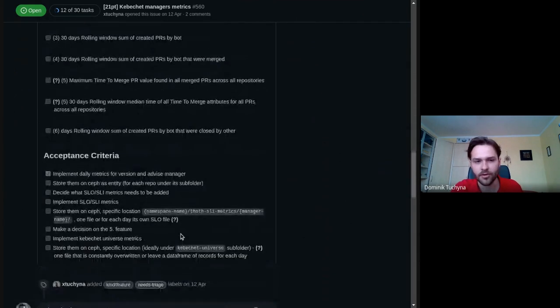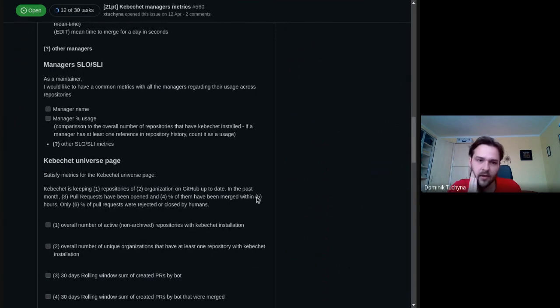And also, I'm not sure on the SLI SLO subsection in that issue if the percent of usage requirement is well constructed, because I've mentioned it that the comparison to the overall number of repositories that have Kebeshet installed, if a manager has at least one reference in the repository history, counted as usage. I'm not sure if that's